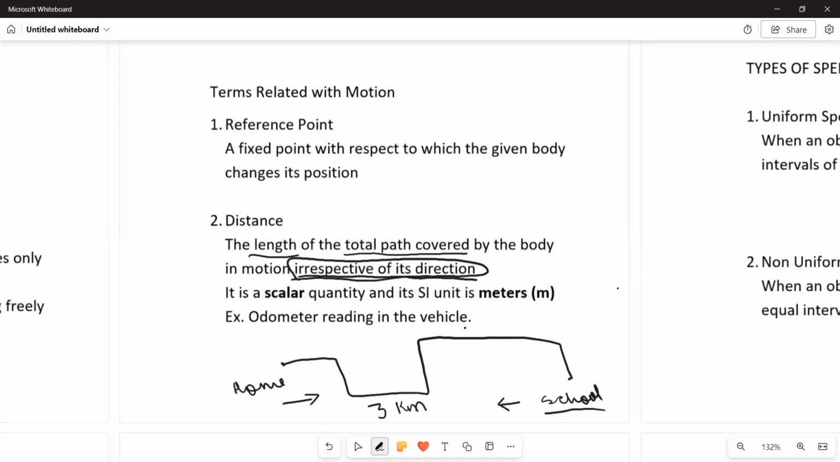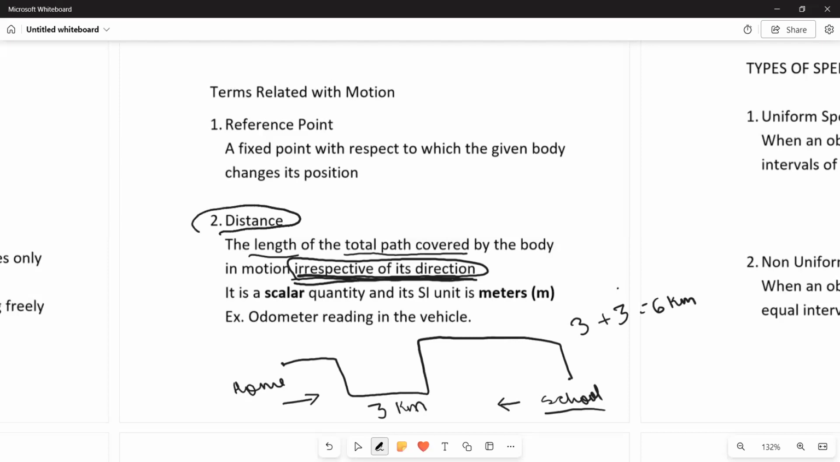So first we started from home, then went to school. It was 3 kilometers, and when you start from your school and then come to your home, it will again be 3 kilometers. So total distance traveled from your home to school and then from school to home will be 3 plus 3, that is 6 kilometers. Because of which this, irrespective of its direction, plays an important role whenever we are discussing the distance